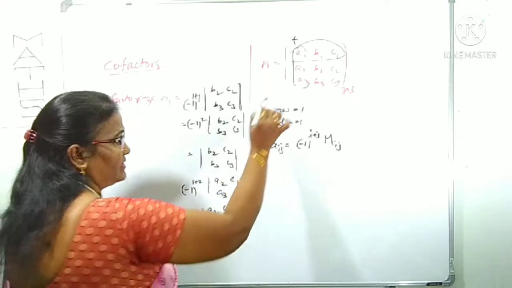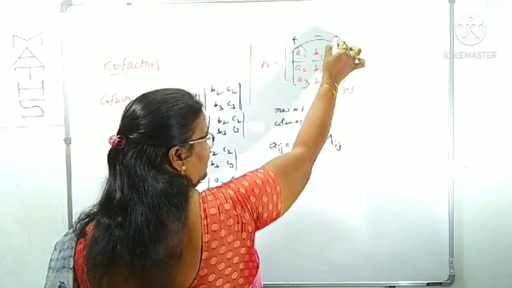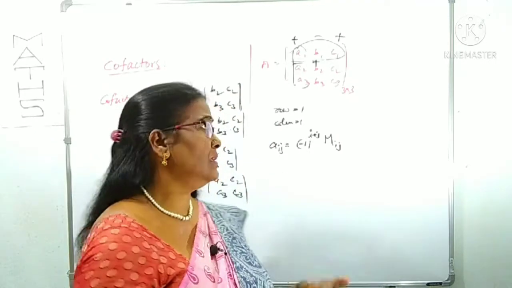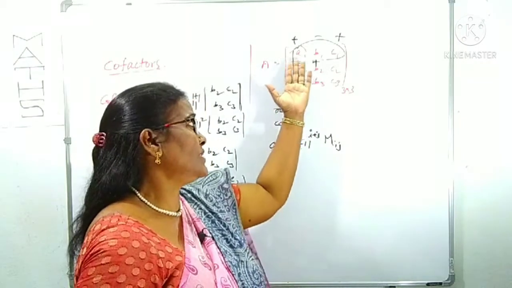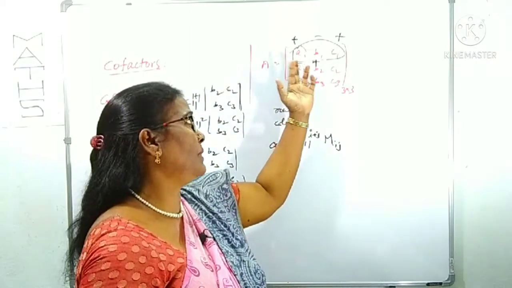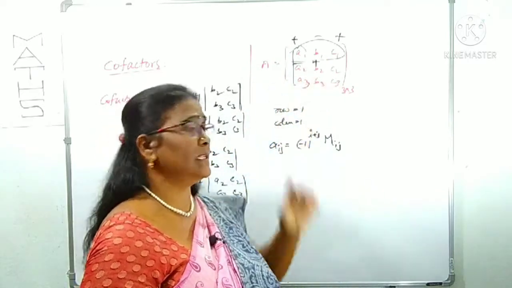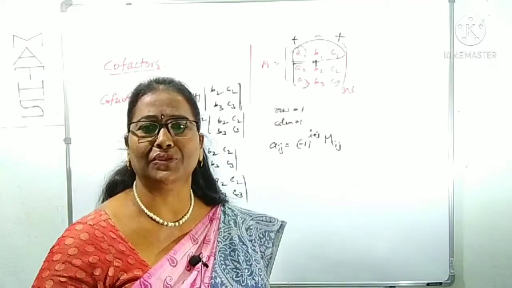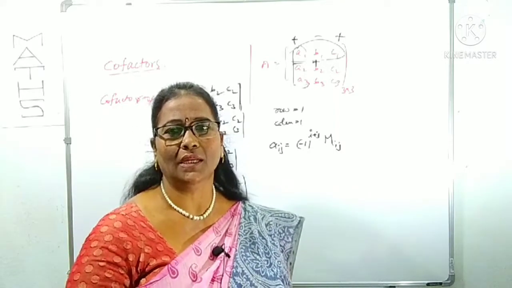For the second element, which sign do we get? A minus sign. Same way, for the third element we get a plus sign. How can you find out the cofactors? Simply, how to remember? We can find out the minors. How can you find out minors? I said first row elements of minors multiply with plus minus plus, second row elements multiply with minus plus minus, third row elements multiply with plus minus plus. We can find out the corresponding cofactors. Clear? That is only about the cofactor.